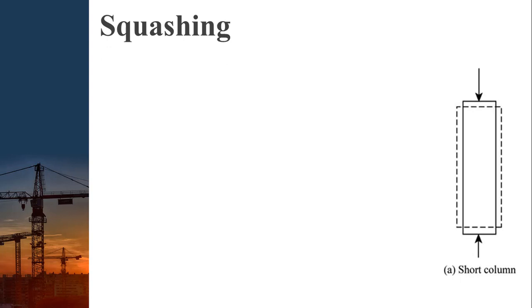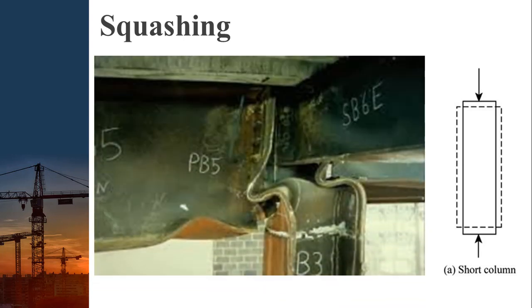Next to the local buckling, there is squashing. What is that squashing? It mainly takes place in case of a short column. When there is a short column and the load is acting, then distortion takes place in the cross section of the column, and that is nothing but the squashing, that crushing takes place. Mainly in case of concrete, that crushing happens, or here in case of steel, the distortion will take place. Its dimension will get changed. Likewise here, if the load is acting on the column, especially in case of a short column, this is called squashing of the column. This is one of the modes of failure for the compression member.